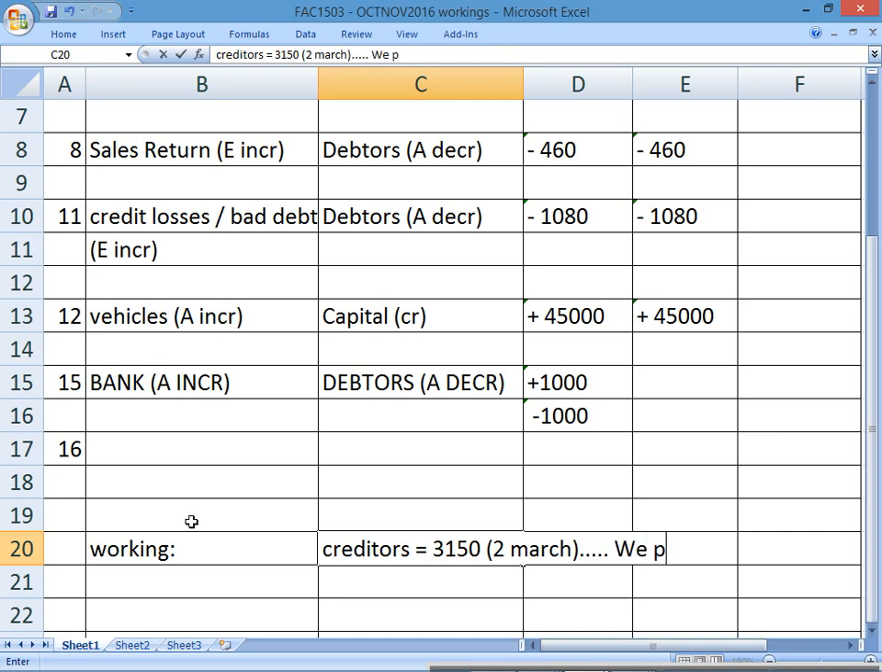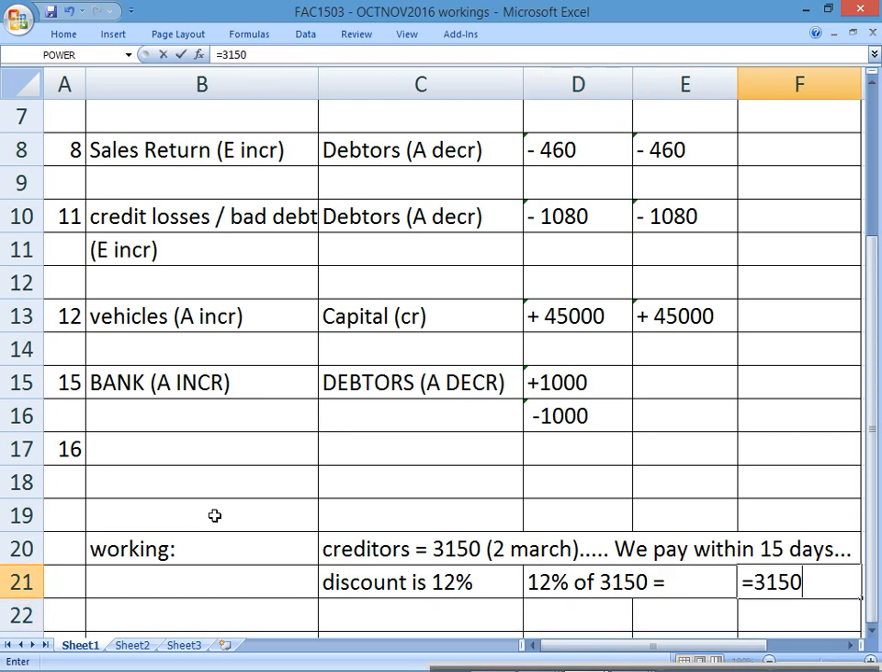Okay, we pay within 15 days, we're going to get a discount. Do you guys agree? Okay, so how much am I actually going to pay? Well, the discount is 12%. So what is 12% of 3150? Let's work it out. 3150 times 12% is 378. Okay, so that means I end up paying